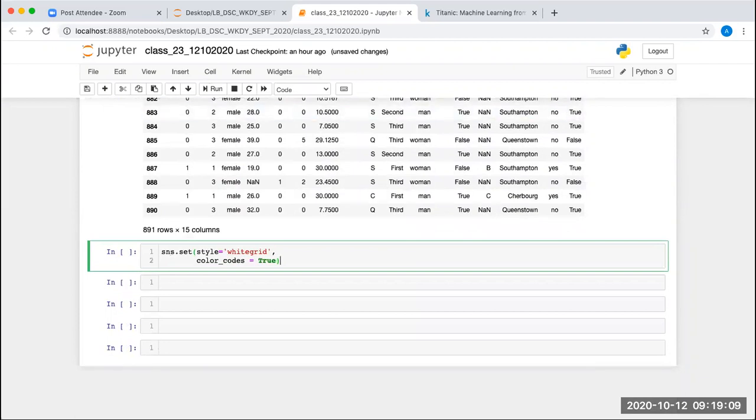This will be a white grid, and next I'm going to set the figure size and DPI also.